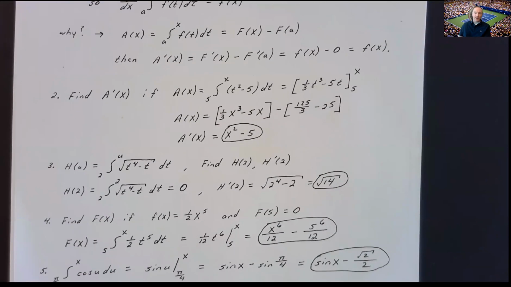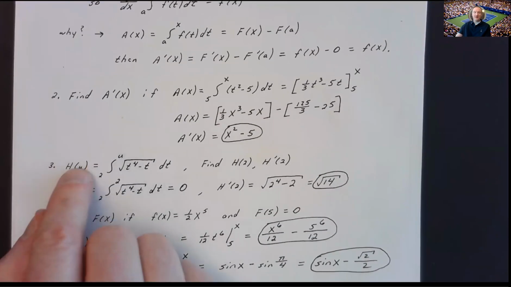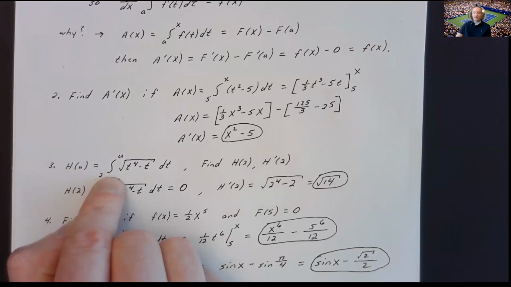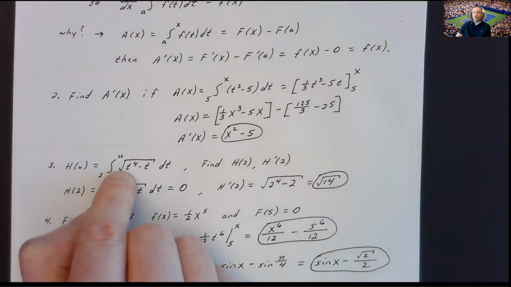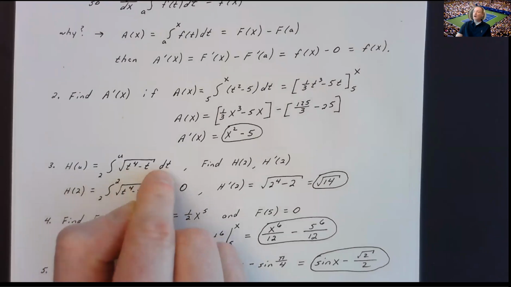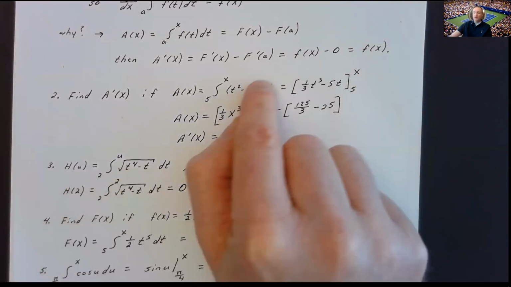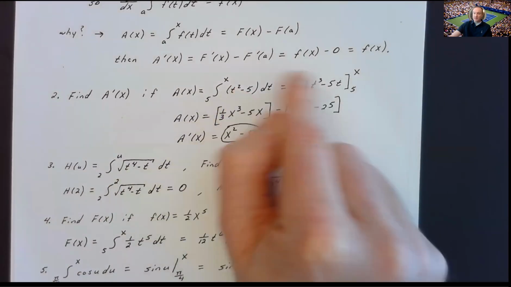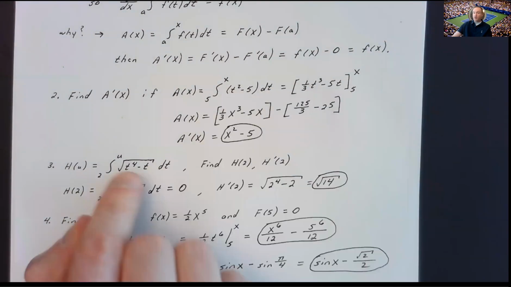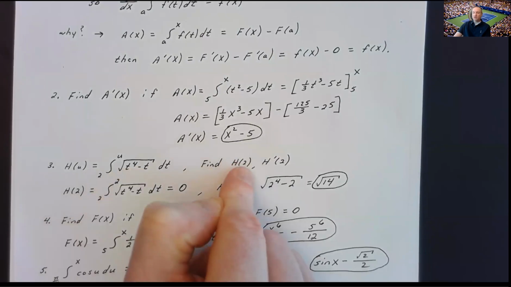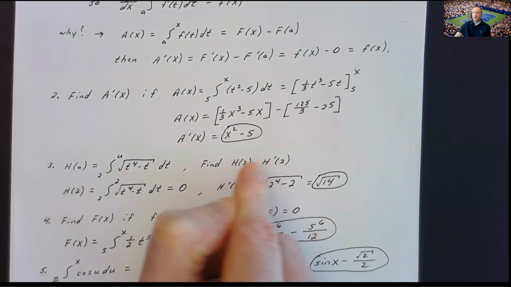Now, let's look at another problem here. If I give you h of u, which is equal to the integral from 2 to u of the square root of t to the 4th minus t dt. Now, this time, I'm not capable of going through and using my techniques of integration to actually physically integrate it and then differentiate it. I don't know how to integrate this, at least yet, so that's not the way we do this problem. If I'm wanting you to find h of 2 and h prime of 2,